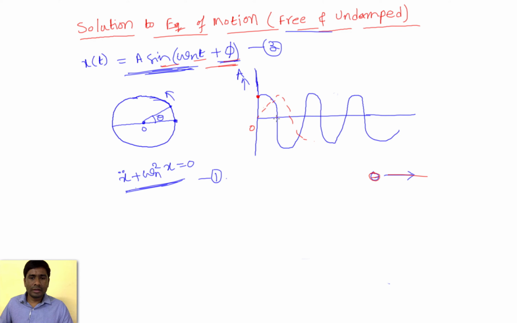If I take a point here, after this point the curve is repeating again. The time taken for a particle to travel from this point to this point is a time period, Tp. Not only here, if you take this point, this is again a point after which the curve repeats. From here to here is a time period, and here to here is also a time period. That is how we will calculate it.